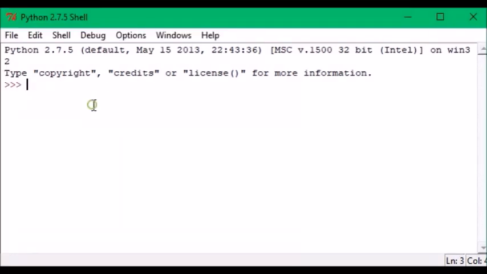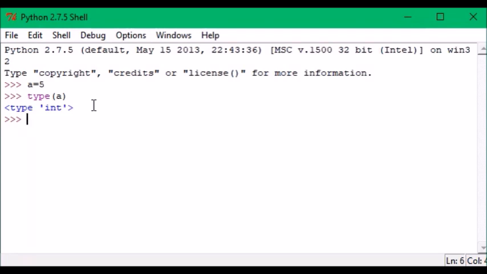Then let's say I just type a is equal to 5. I'll get the next line by hitting enter. If I want to find the type of a, that means the data type of a, whether it is integer or a float or anything, you just type type a and hit enter. You'll get that the type of a is an integer.